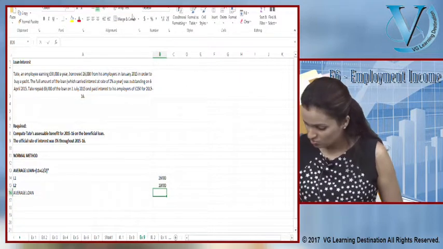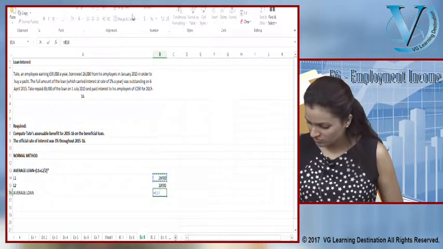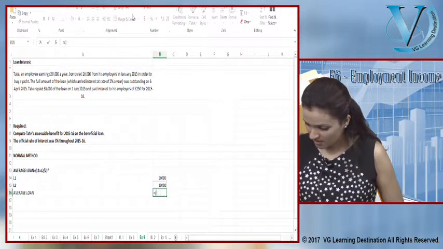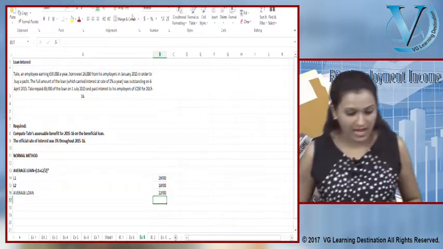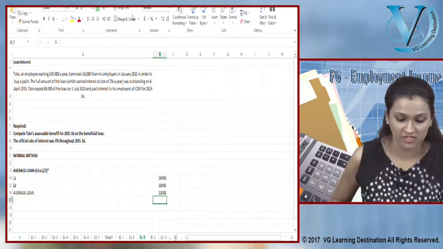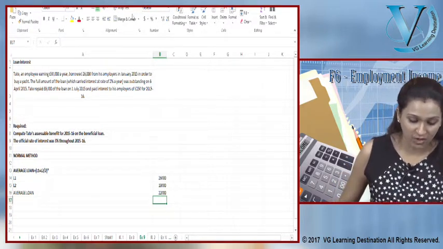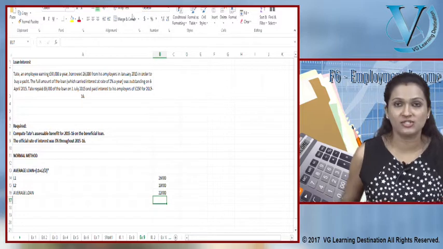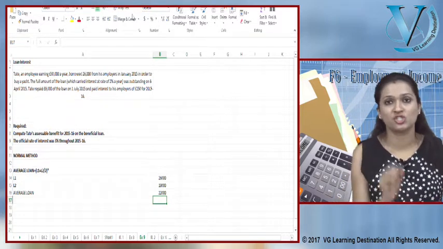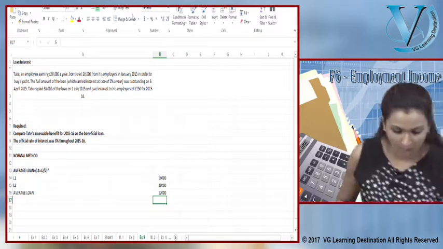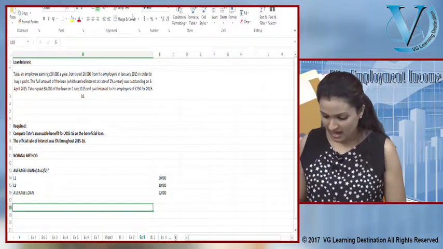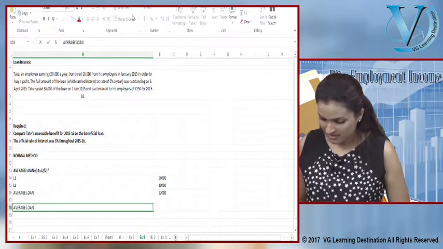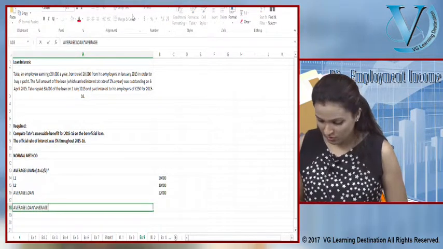Average loan is equal to 26,000 pounds plus divided by 2. 22,000 pounds is the loan which the benefit has been availed of. So now what do you take? You take interest, you multiply this average loan at the official rate of interest, which is basically how much? At 3%. So how much should you have paid? Average loan multiplied by average rate of interest,